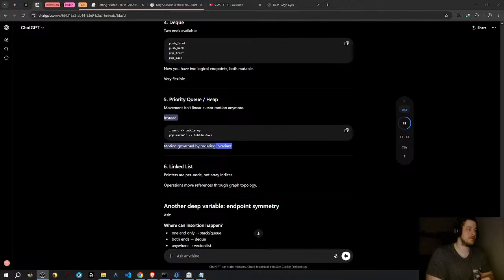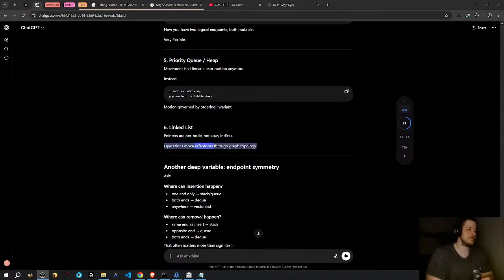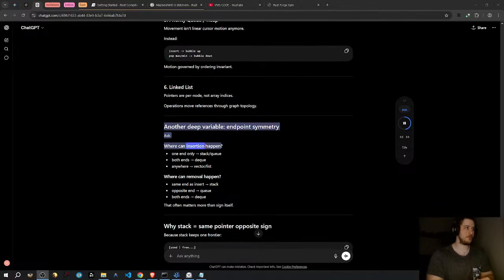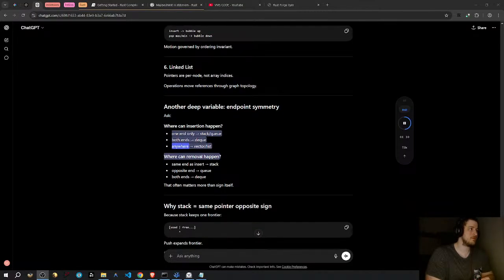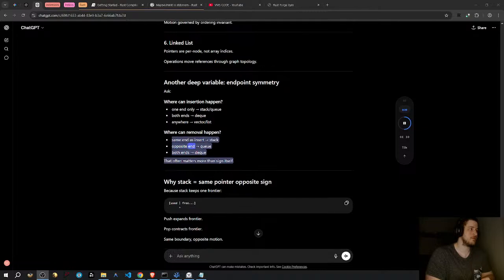Instead, motion is governed by an ordering invariant. 6. Linked list: pointers are per node, not array indices. Operations move references through graph topology. Another deep variable, endpoint symmetry. Ask, where can insertion happen? One end only → stack/queue; both ends → deque; anywhere → vector/list. Where can removal happen? Same end as insert → stack; opposite end → queue; both ends → deque. That often matters